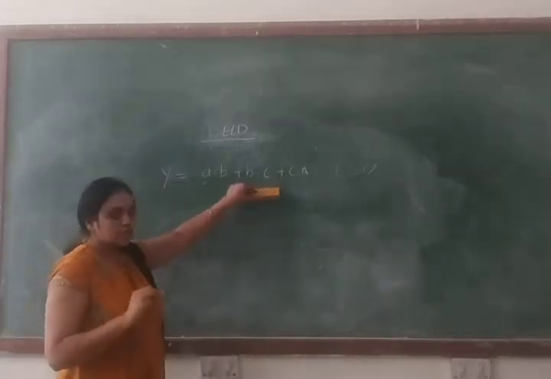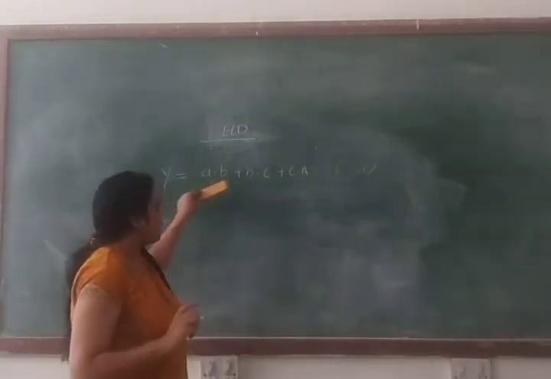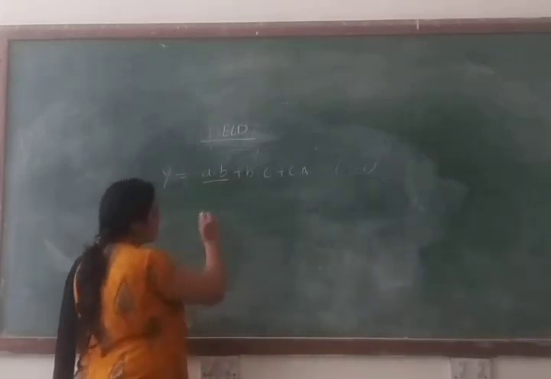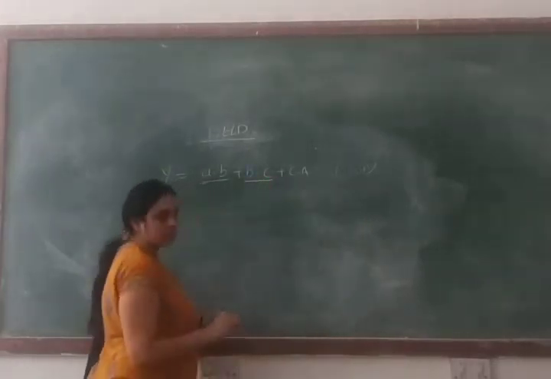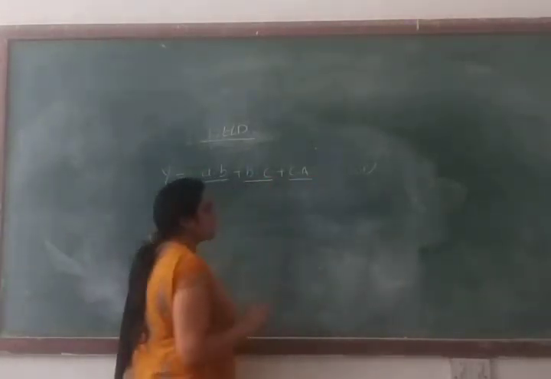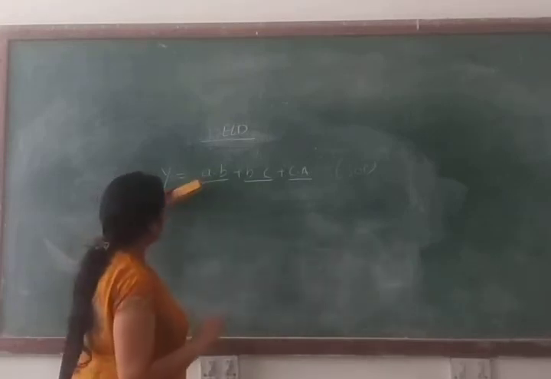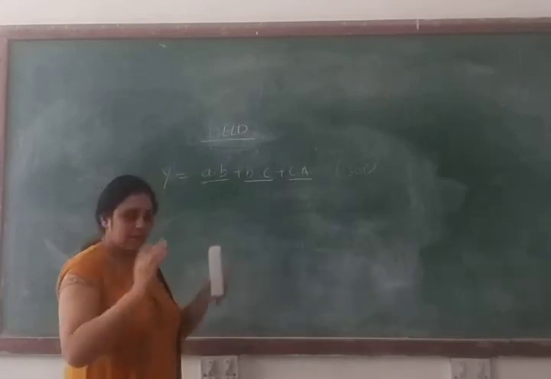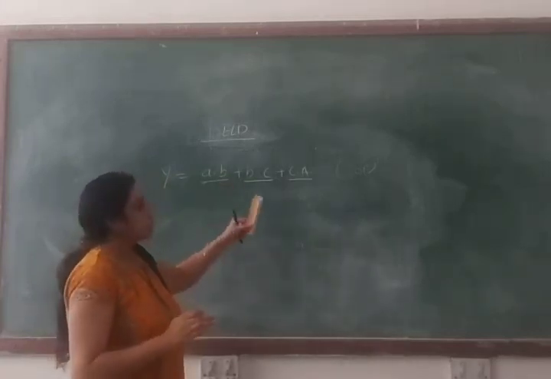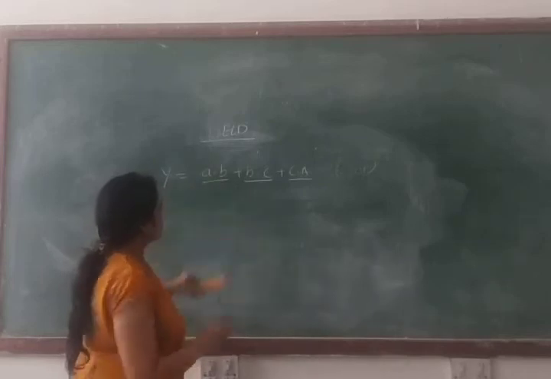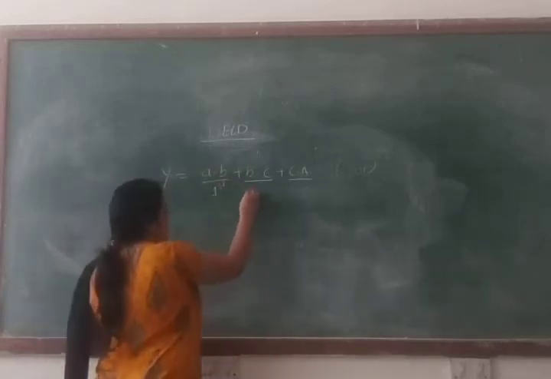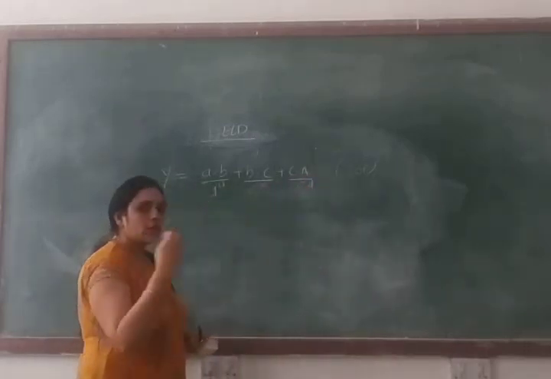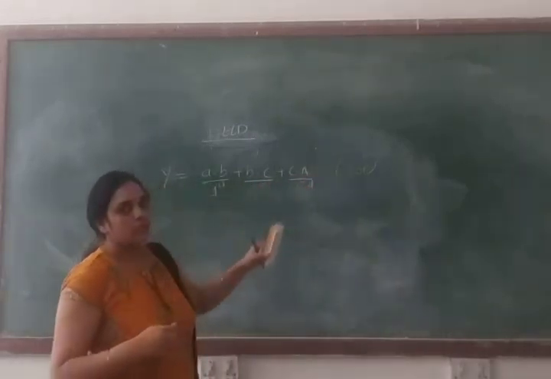So basically in this logical expression you are using three literals, and y represents the output. Then you can see in this example this is your first product term A dot B, this is your second product term B dot C, and this is your third product term C dot A. So basically you are performing the ORing operation of the products. You are adding all the product terms in SOP form. So this is your SOP format.